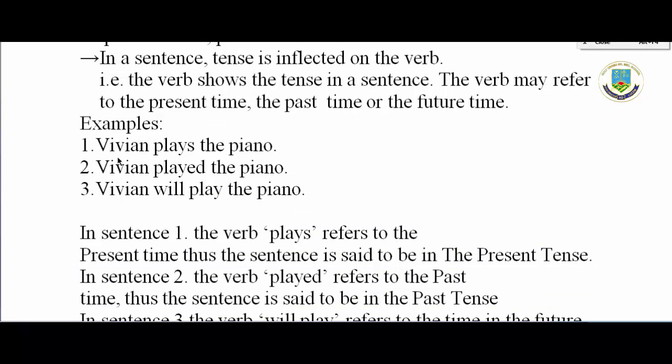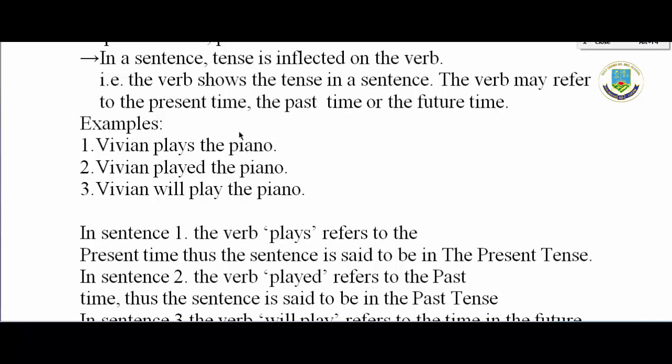Vivian, name of a person, third person singular, proper noun. Vivian plays the piano. The verb play. Regarding the verb, you already have learned from your previous video the concept of verb, or what verbs are. I hope it is clear enough, so we will not be repeating anything about the verb here. Like I was saying, from the examples,